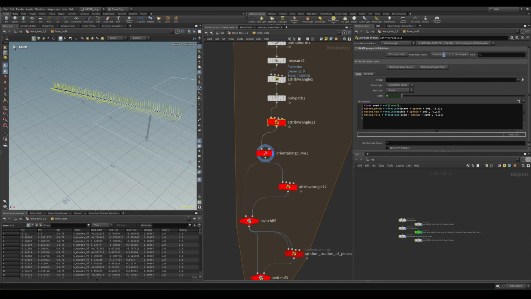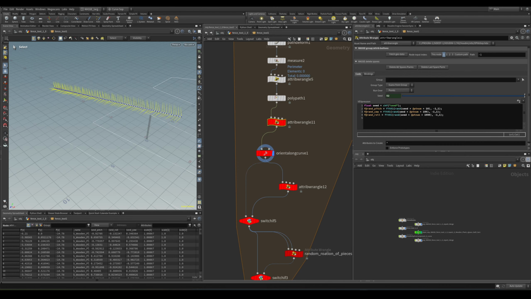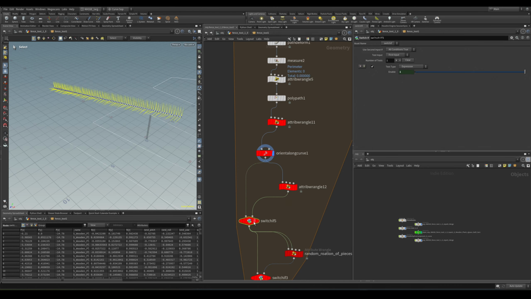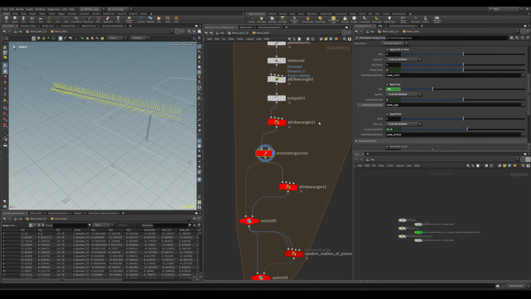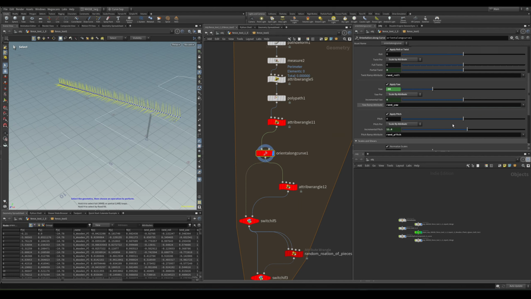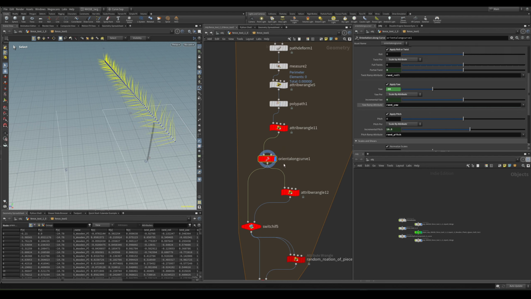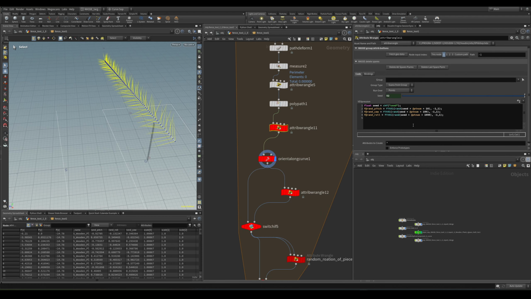So I have a seed. So let me just change the seed. You can see I change my seed on my attribute parameter, and you can see it changes. And you can see it actually goes up basically in both directions. This pitch, some of them go left and right. And I think if I would go ahead and change my pitch